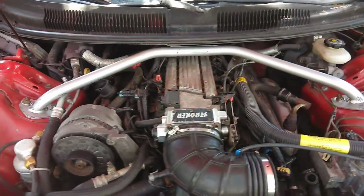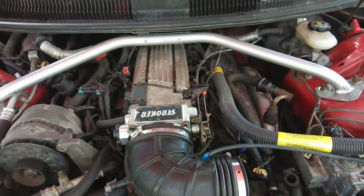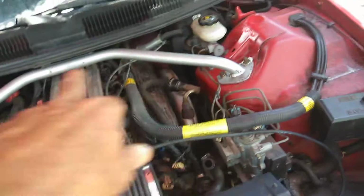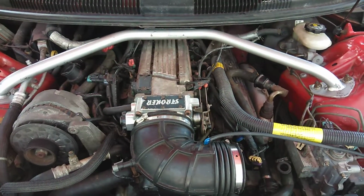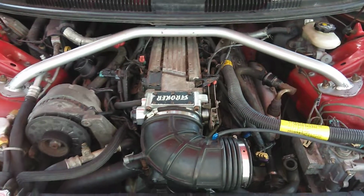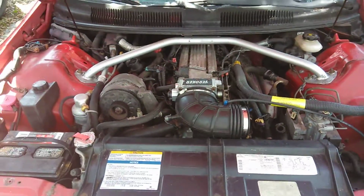The reason why I needed this is this clears the SS air breather kit I got. My air breather kit, now I'm going to test that out and put that back on. But this clears that. The other one I had was straight across. So I figured I'd show you this,